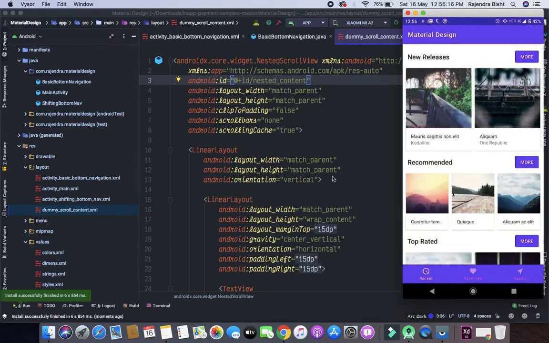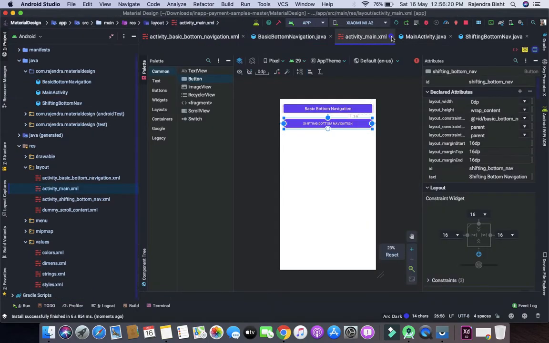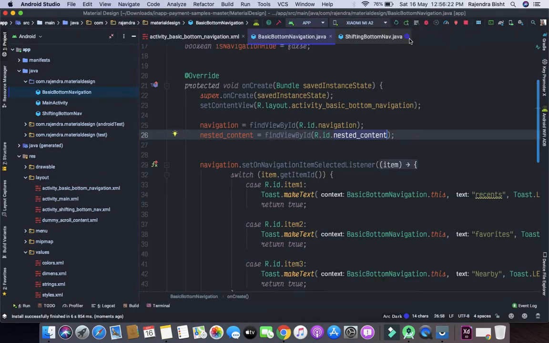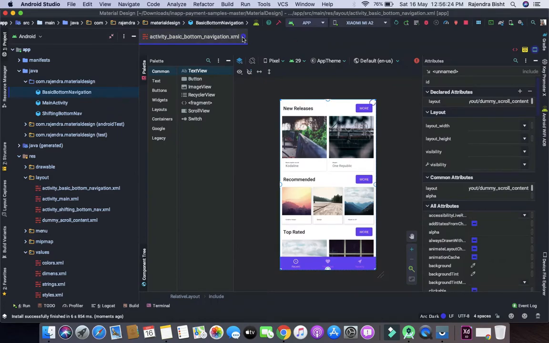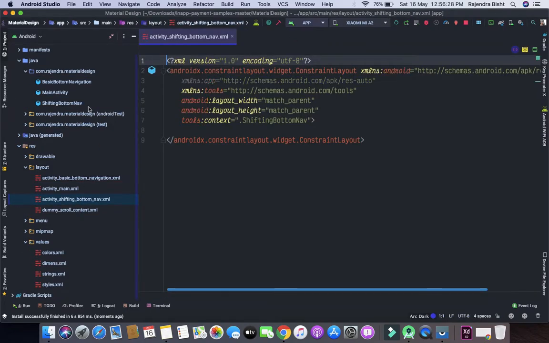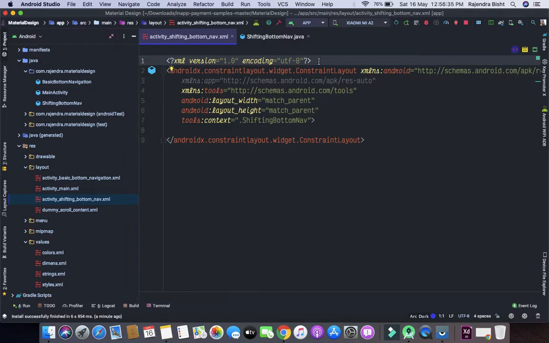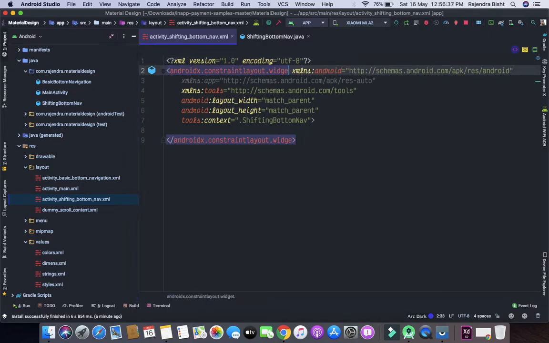Now let's move to the shifting navigation component. So first of all, I'm going to convert this to relative layout.